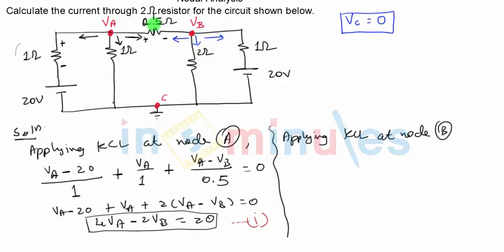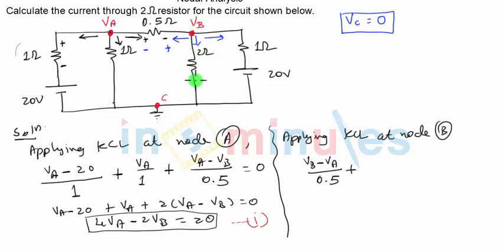The first current, which is through 0.5 ohm, this time we are defining it to be flowing in the left hand side direction. If the current is flowing through left hand side direction, the drop across 0.5 will be plus here, minus here. And that's why now when I define the current through 0.5 ohm, which is outgoing from node B, it will be VB minus VA divided by 0.5. Next outgoing current is through 2 ohm resistance.